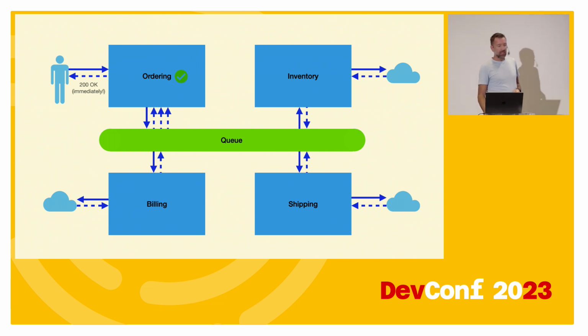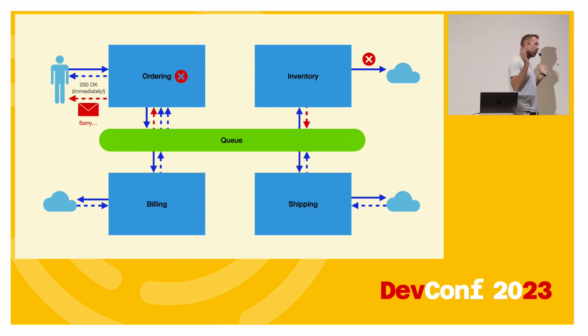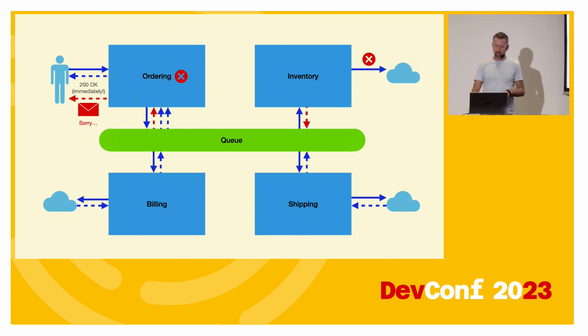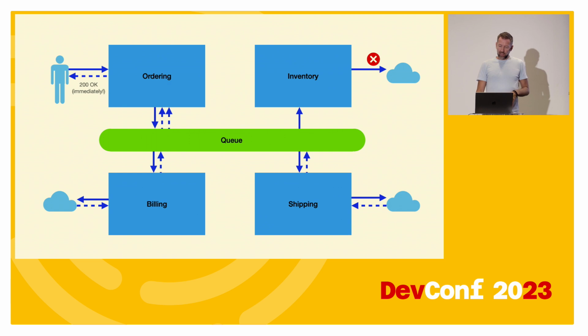But what if something goes wrong? What if we can't talk to the warehouse? Well, we could say, oh, something's gone wrong. That goes back to ordering, and ordering can say, okay, we're going to email the customer and say, sorry, I know we said your order was okay, but something went wrong, and you might give them a voucher or something, I don't know. But there's a lot of code,